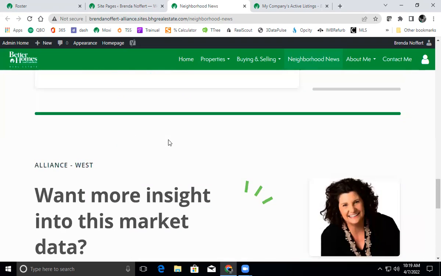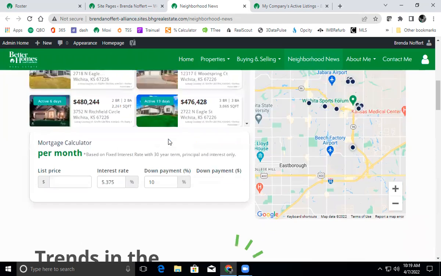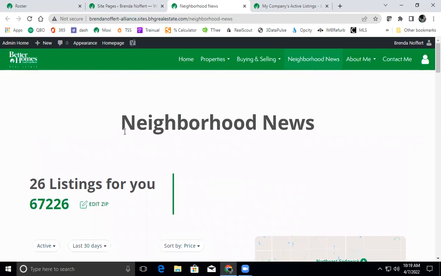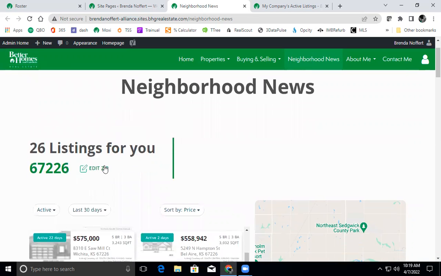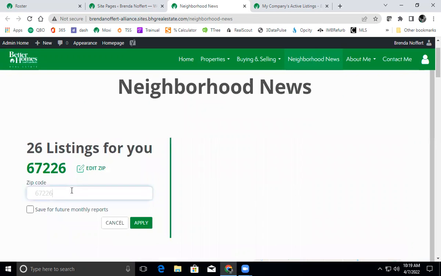Send a message. Just because I log in and look at it doesn't mean I get it every month. I just get to look at it. It does let me edit the zip code, so I could put in a different zip code if I wanted to. And if they would rather log in every month rather than give you a